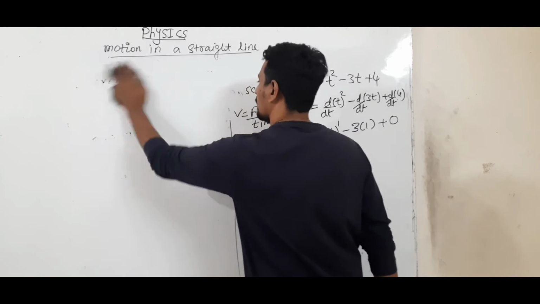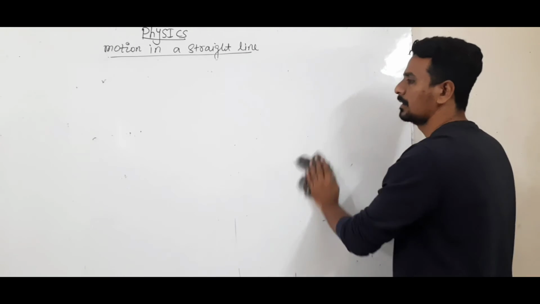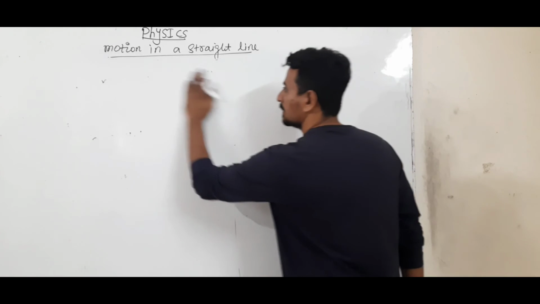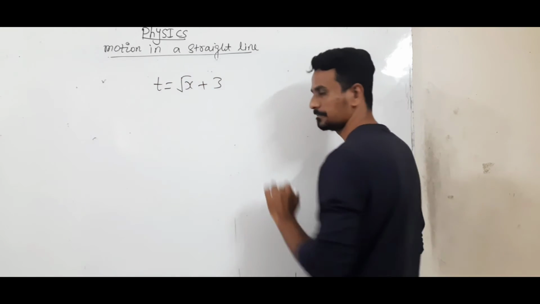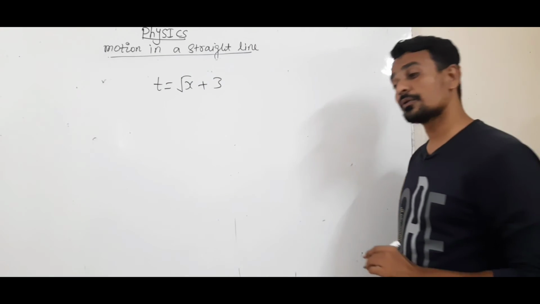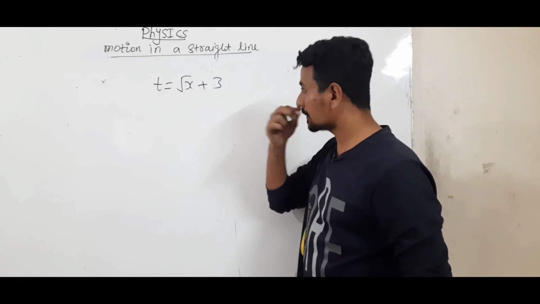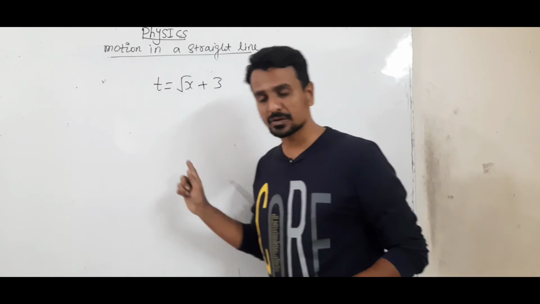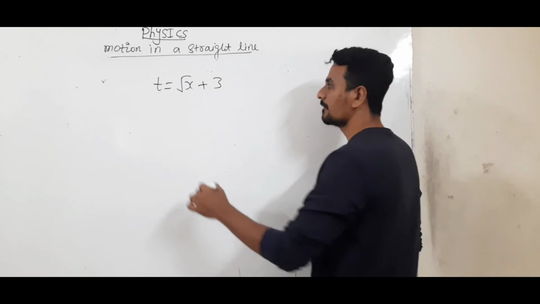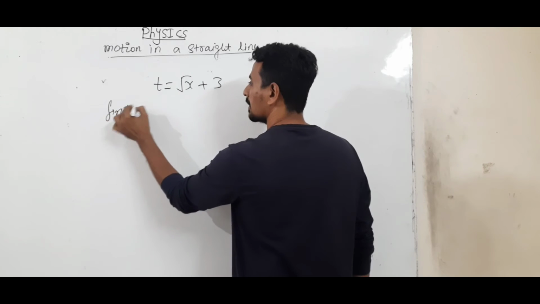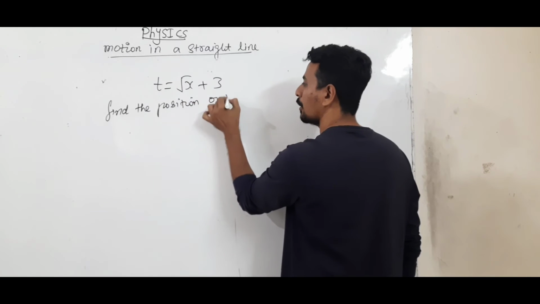Suppose time t is equals to root x plus 3. This is given. Time t is equals to root x plus 3. Up till now, the questions which we had seen, in those questions x was on the left side and t was on the right side. Now in this question, t is equals to root x plus 3. Find the position of the object